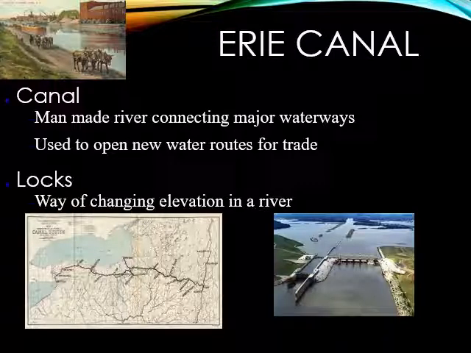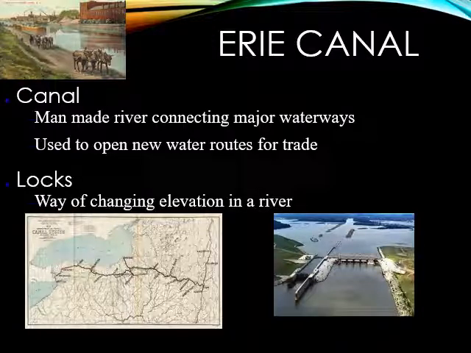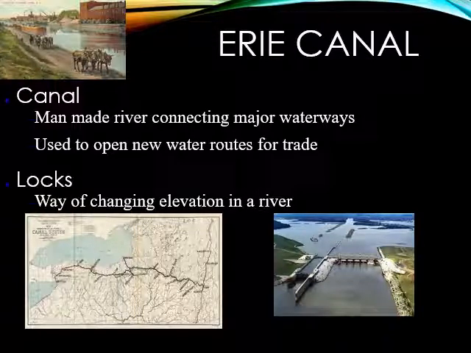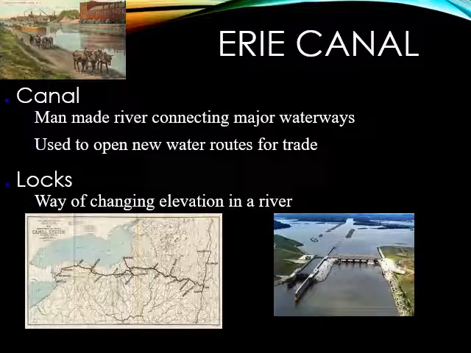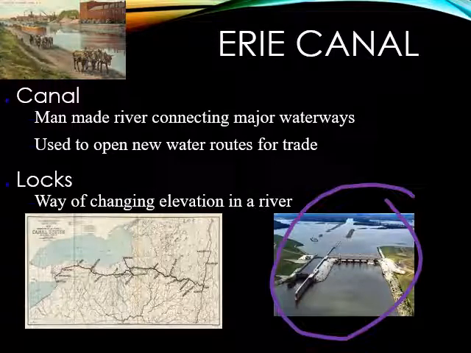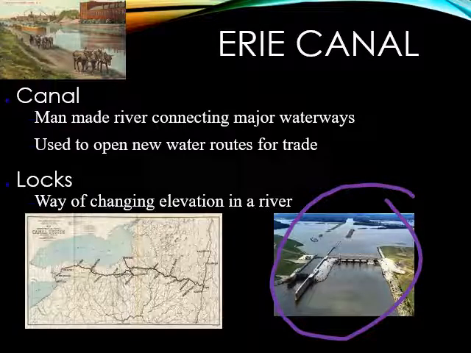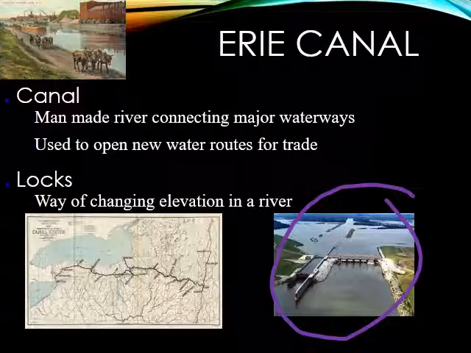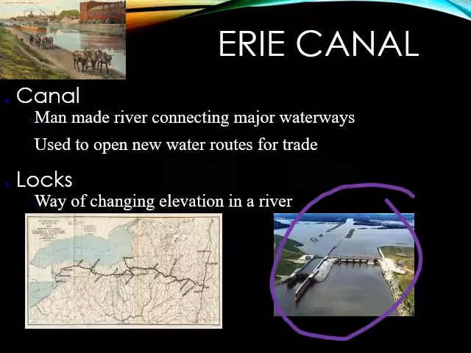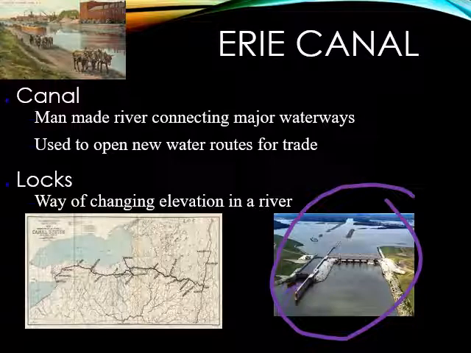And the only way that we could make this work, because the elevation changed, it got much higher, is to have locks. And we learned about locks last year, but if you remember, this picture of a lock is right here. What happens is it's basically an elevator, a water elevator for ships, and so the ship will come in here, and the water level that is seen right here will lower all the way down to the level that the